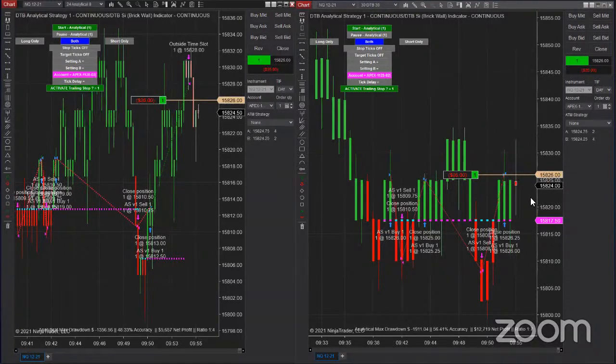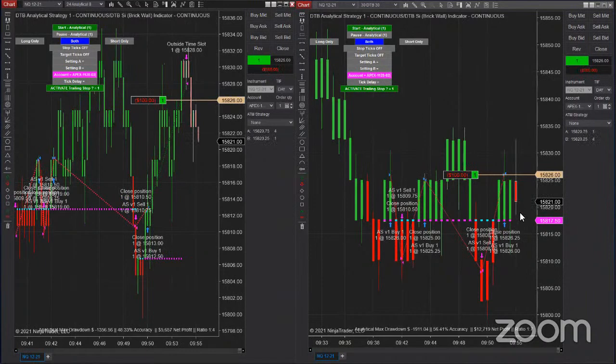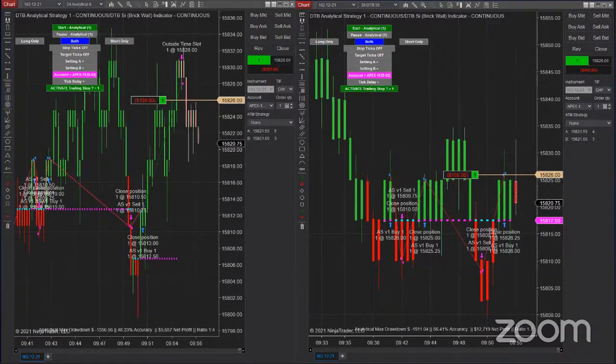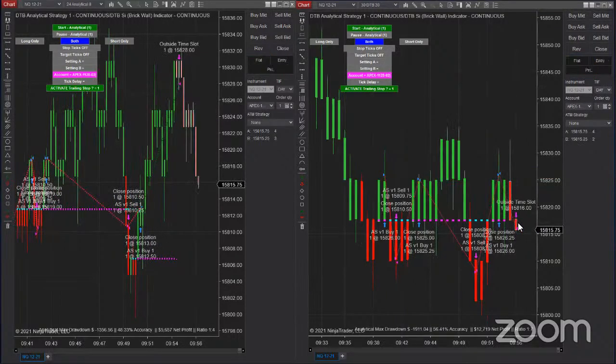So it will always exit at the end of a bar close. And it looks like this is going to close down. There we go. So we unfortunately had a bit of a bad session